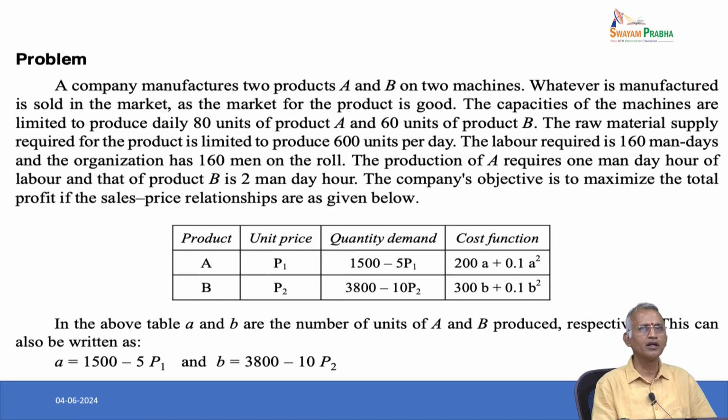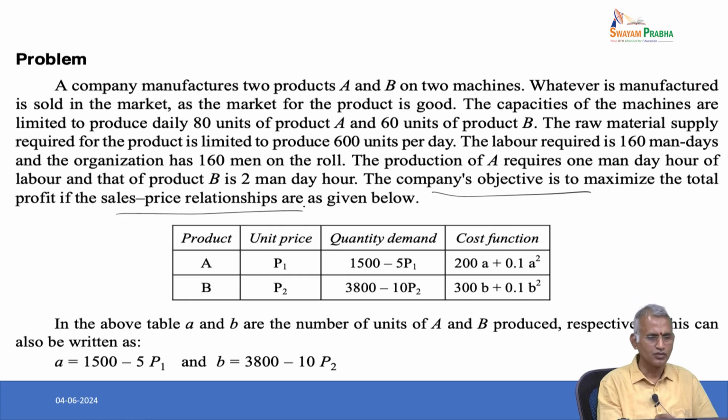The labor required is 160 man days and the organization has 160 men on the roll. The production of A requires 1 man day of labor and that of product B is 2 man days. The company objective is to maximize the total profit if the sales price relationships are given